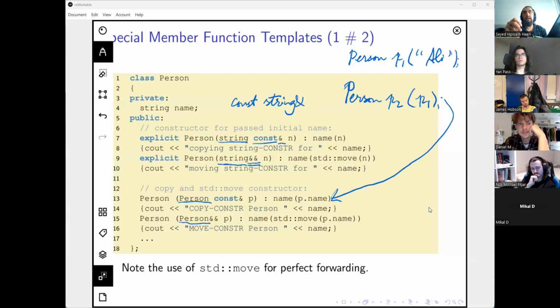And in the same way, I can produce an explicit what is called an R value reference, so that then this one would be called, and therefore, its guts will be moved upon the creation of the newly constructed instance.